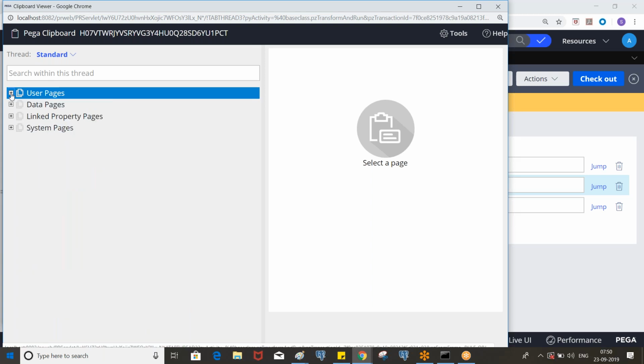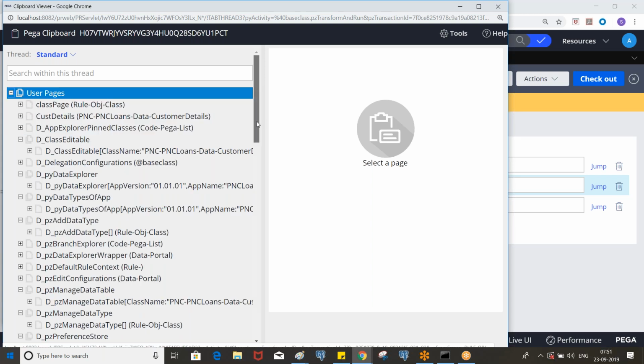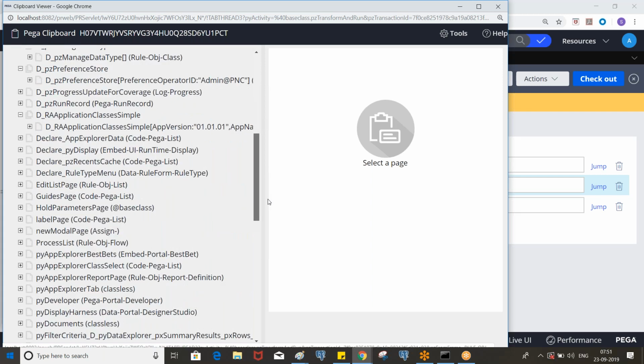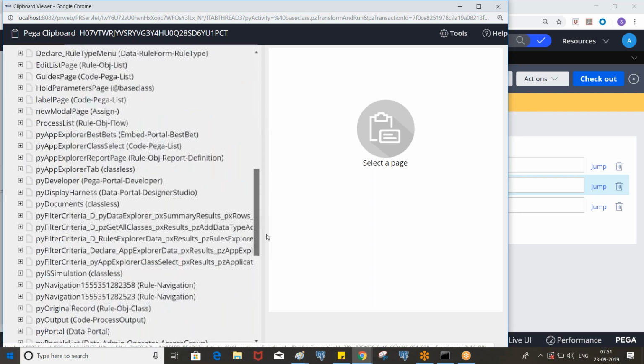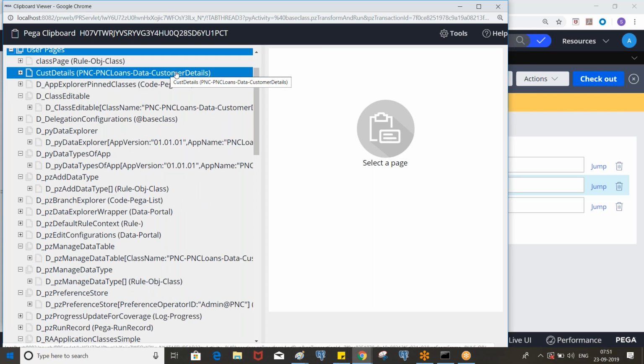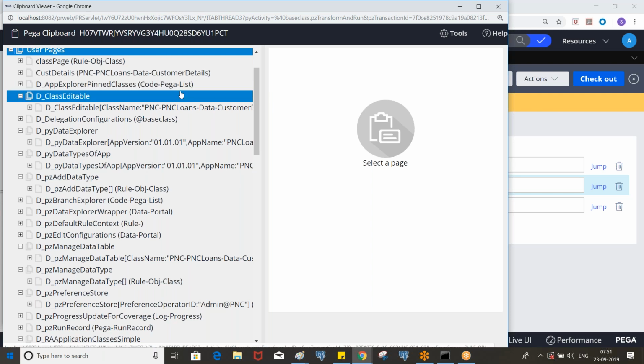These pages are displayed in alphabetical order, and you see the page called customer details, right? This customer details page is created by referring to the corresponding class. Let's say pyWorkPage has a class in brackets, the work class.